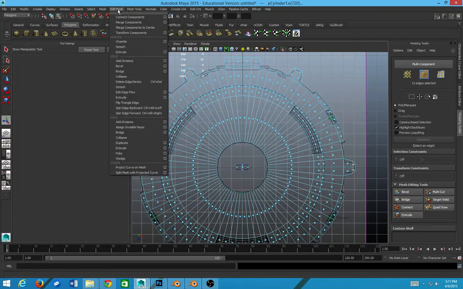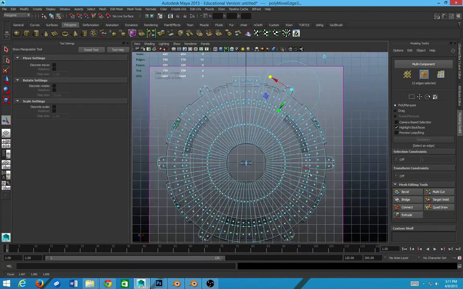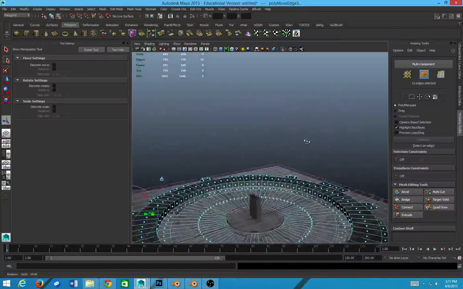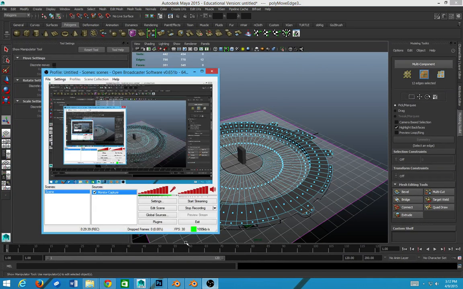And again, edit mesh, transform components. So there's our basic floor layout, right? And now we need to have walls, which we will do after a short break, because I